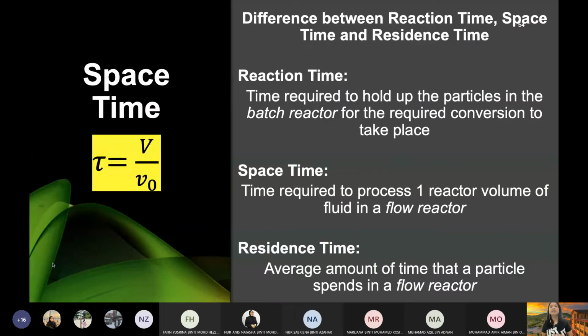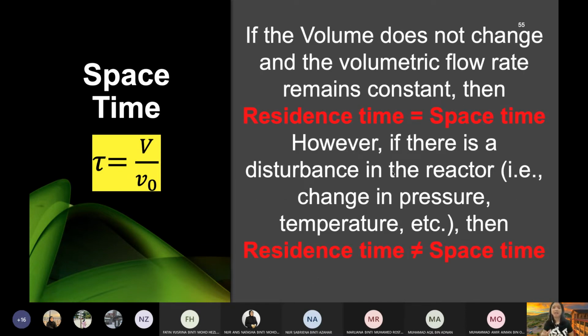However, now I go to the residence time. Okay, so you are probably quite familiar with residence time. Pernah dengar, tapi mungkin kamu confused apa beza space-time dengan residence time. Okay. Reaction time saya dah explain kan, reaction time yang pasal batch. Okay. So apa beza space-time dengan residence time adalah, katakan space-time ni we calculate based on the